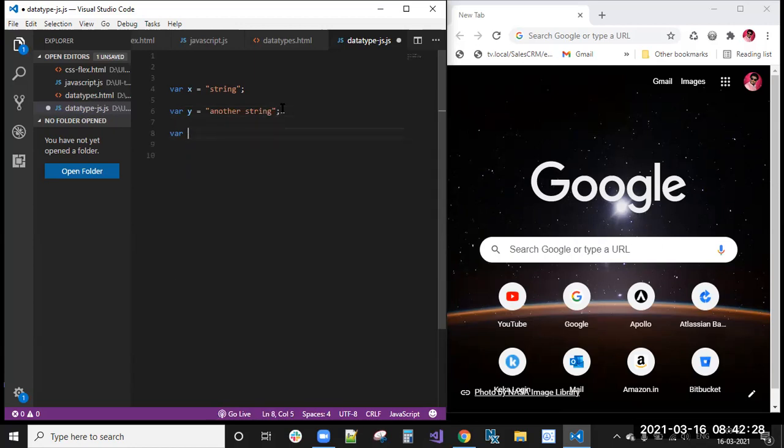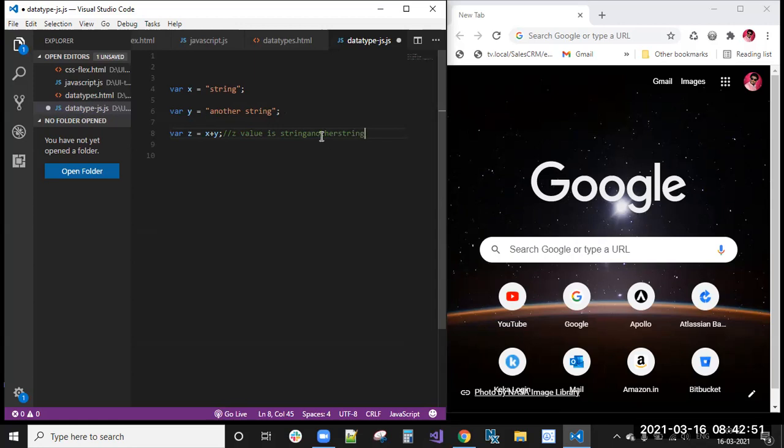Where z equal to x plus y, what will it produce? Then we will get the z value. The z value we will get is string, another string.